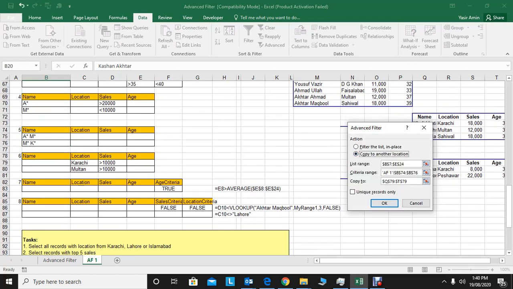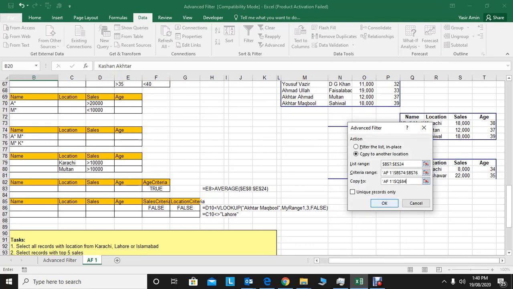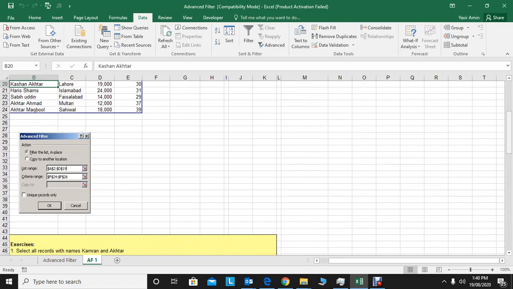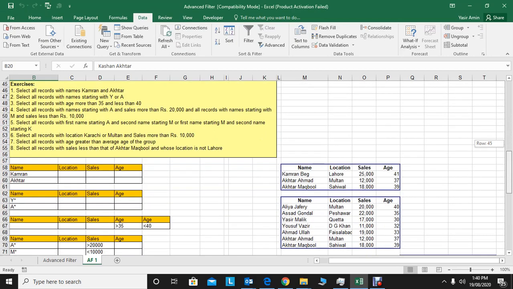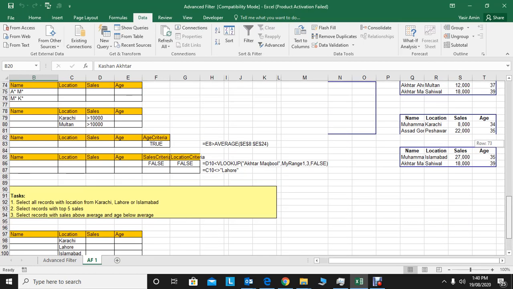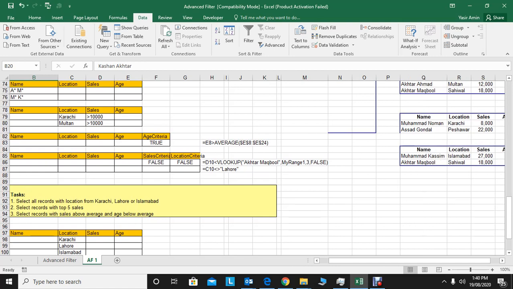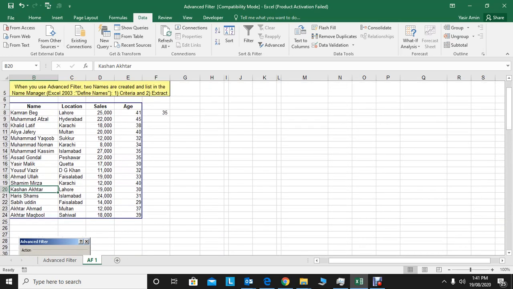Copy to another location, this, and then okay. The first name starts from A and the second name starts from M. Akhtar Maqbool, first name A, M, and K, Muhammad Qasim. So even if you know a little information, you can get that data filtered.